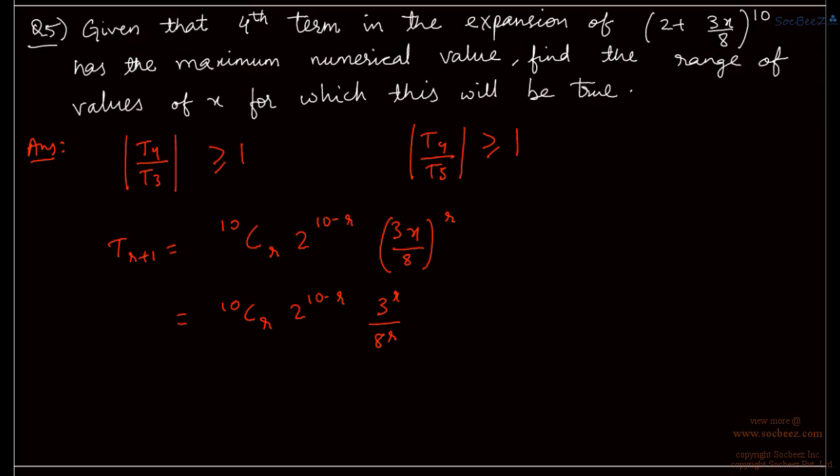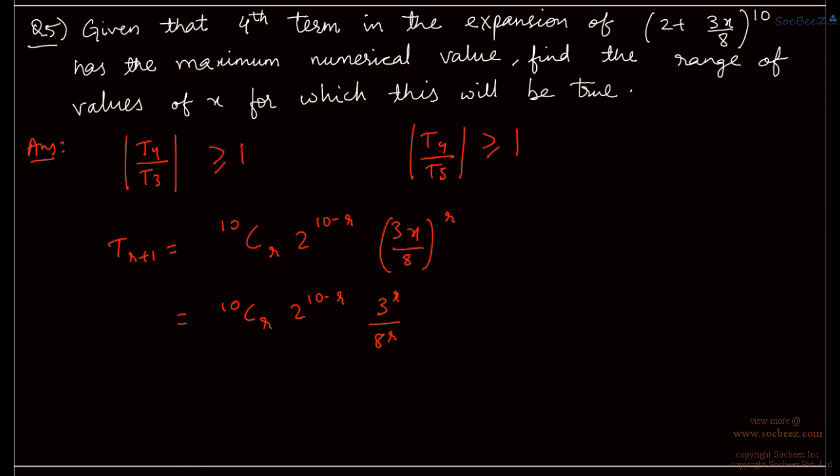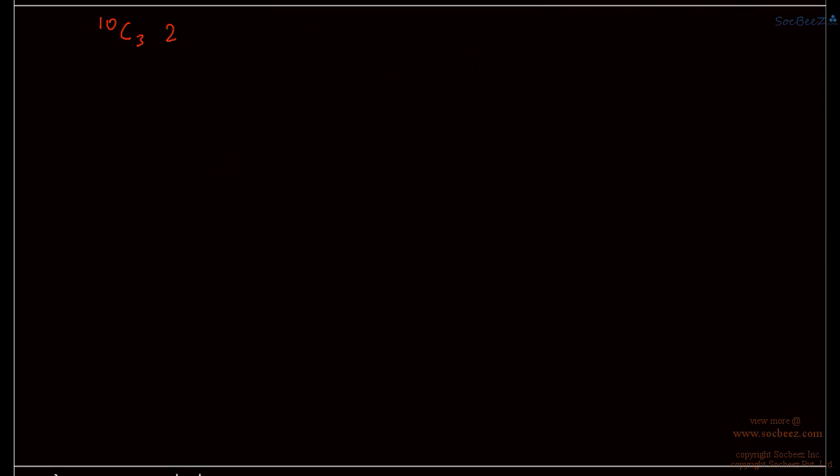Okay, so now let us look at the first equation, D4 by D3. So our r is 3 and 2. Right, so for the first one it is 3, the second one is 2. So the first expression will give us 10C3. We then have 2 power (10 minus r), so this is 2 power 10 minus 3, 7. 3 power 3 by 8 power 3. Right? This divided by 10C2, 2 power 6, 3 power 4. Sorry, this is 8, right? Actually, this is 2. 3 squared by 8 squared. The mod of this,